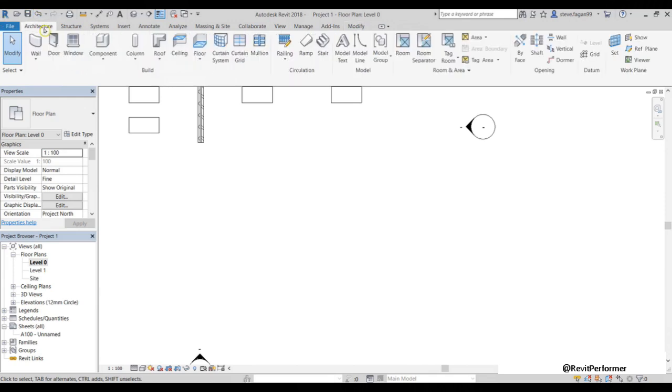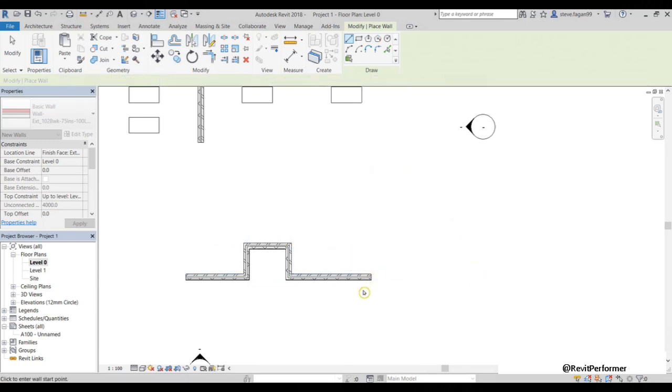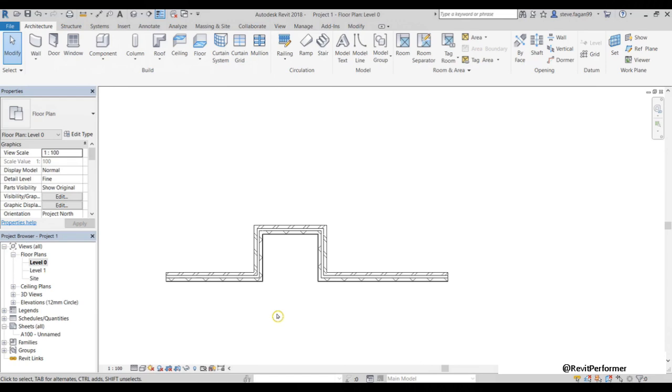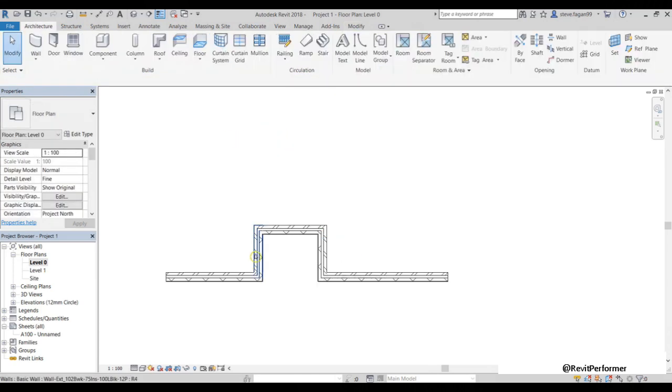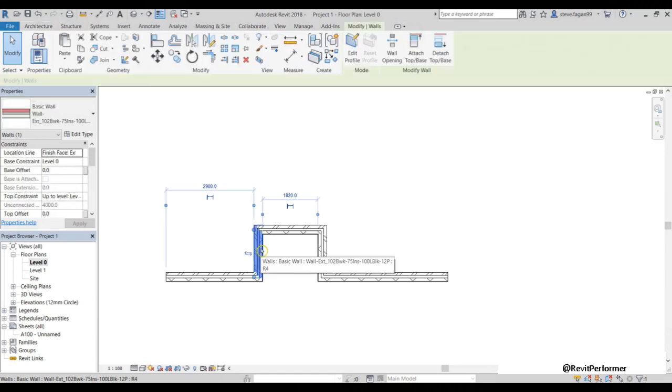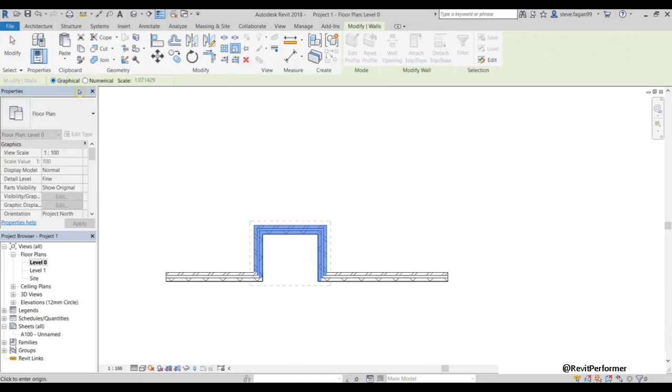So next for the scale, what I'm going to do is just quickly draw a wall and roll. And we have two different types of scale. When I select my element and select scale, we have graphical and numerical. The first I want to show you is the graphical scale. I'm going to first select all three of the walls. I do this by clicking on one wall, holding down Control and selecting all three. Then I'll select scale, and remain on graphical.